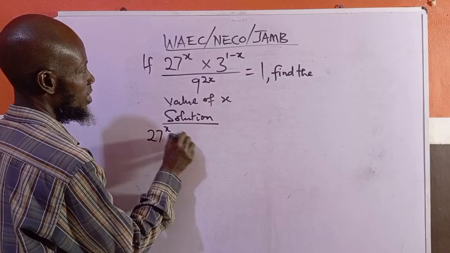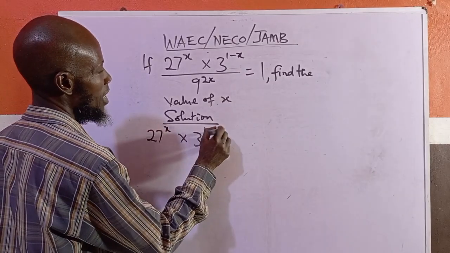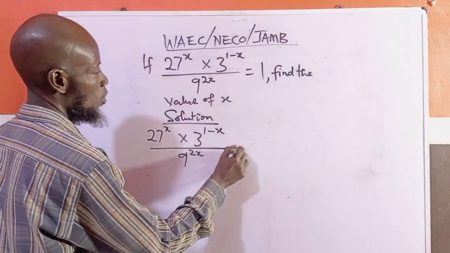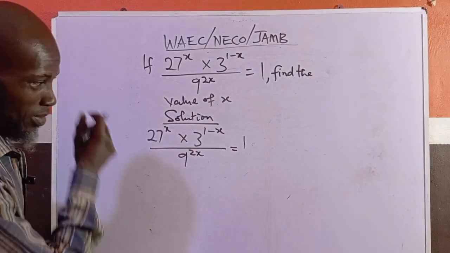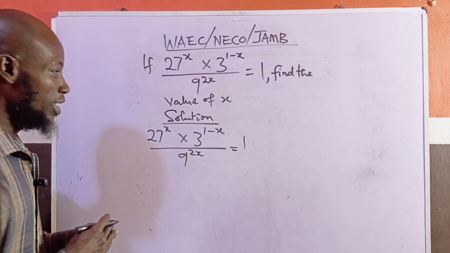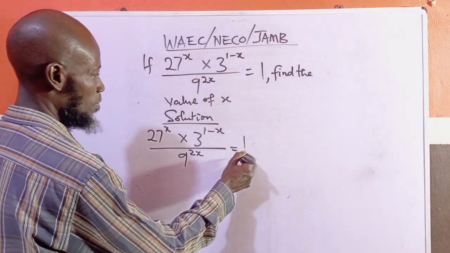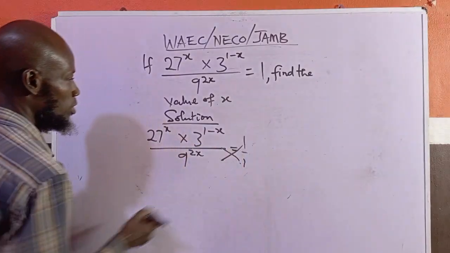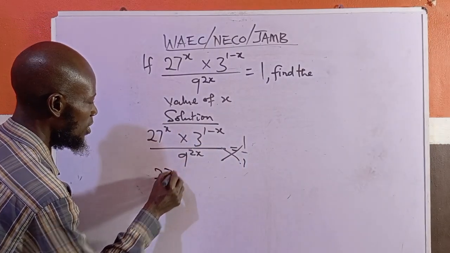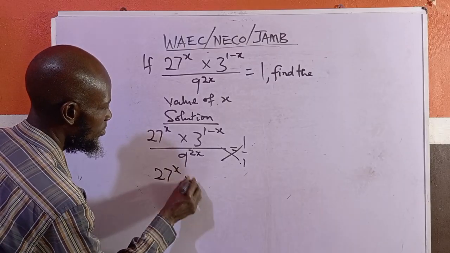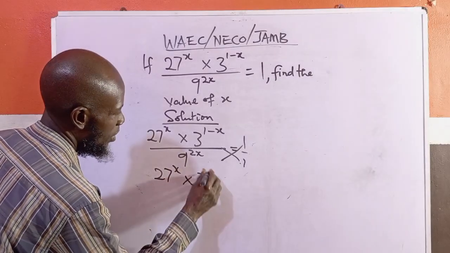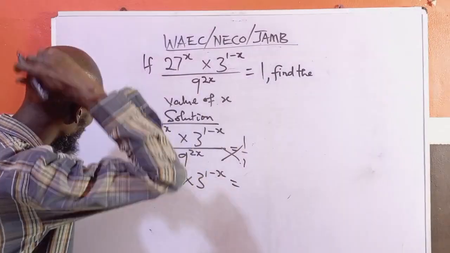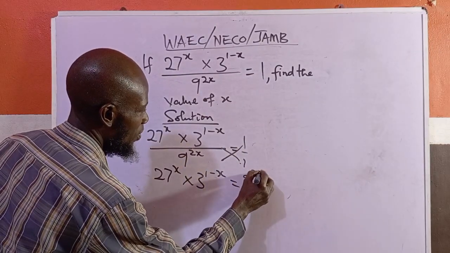27 to the power of x times 3 to the power of 1 minus x, all over 9 to the power of 2x, equals 1. Now, before we start simplifying it, let's cross multiply from here. So this is going to meet that. So we are going to have 27 to the power of x times 3 to the power of 1 minus x is equal to, so when this multiplies this, we are going to have 9 to the power of